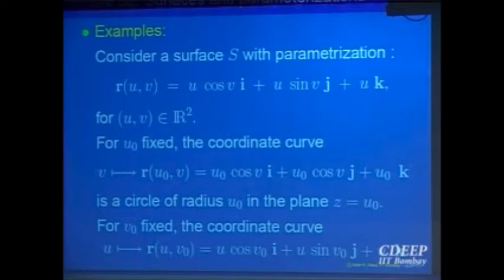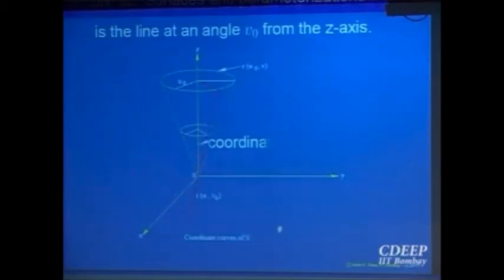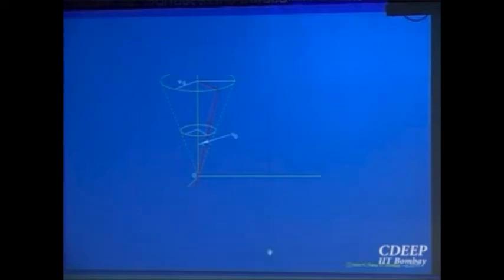So now you can try to visualize what your surface is. Looks like a cone, right? So that is what it says. These are the circular ones, and these will be the lines passing through the origin. That's how you try to visualize, right? They are called the u trace and the v trace, depending on what a person in computer science is doing. He will call it a u trace and a v trace when u is fixed or v is fixed, right? We will call them coordinate curves from the mathematics point of view. So they help you to visualize, and they also help you to calculate things now.